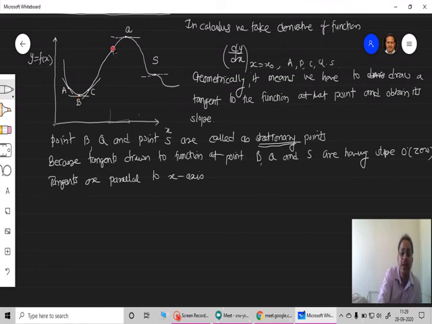On the other hand, here, this point Q will have, if I draw a tangent here, this slope will be positive. I go here, the slope is 0, and when I go here, the slope is negative. So positive, 0 and negative. So this time the slope is going on decreasing when I am moving through this point Q.